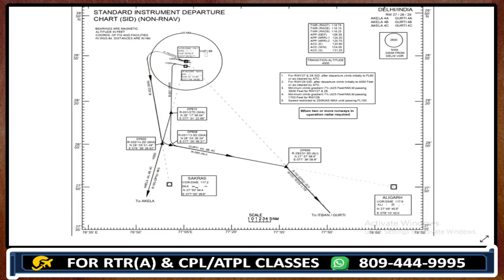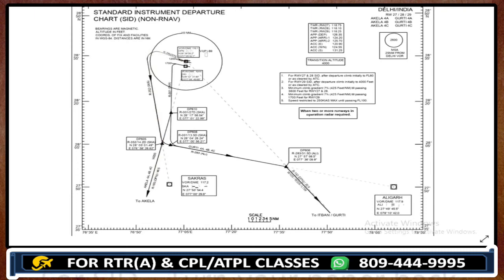Alright guys, do remember, you always try to find the SID. Sometimes they print their SID chart at the back of your question paper. So keep it in mind, guys. If you are not aware of this and you do not turn your paper, you are gone, because you don't have any information. The examiner is not going to give you anything at that point of time, and you are done for that attempt, guys.